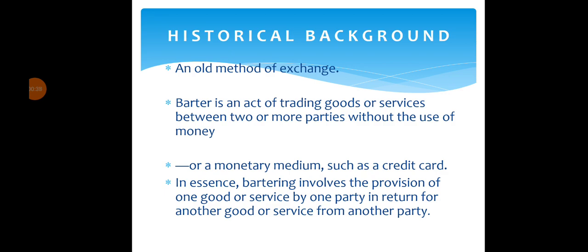Historical background. So what is the historical background of commerce? The main system was known as barter system. It is an old method of exchanging any commodity. This system has been used for centuries and long before money was invented. People exchange services and goods for other services and goods in return without using any medium in exchange. That is, money was not in use.